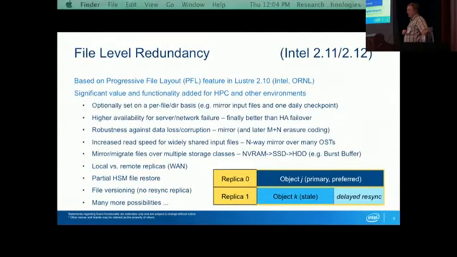My favorite feature is file level redundancy, and this really wouldn't have been at the stage where it is without the work that was done for progressive file layouts. They both share some infrastructure in terms of how to describe composite files, and while for huge sites they may not be interested in mirroring in your 50 petabyte file system, triple mirrored, there's still a lot of value, I think, for HPC environments. You can do things like all files in Lustre, you could set a file system wide policy or directory wide policy for your striping. You can also set the mirroring on a per file basis, so you could say mirror one checkpoint a day or something like that,